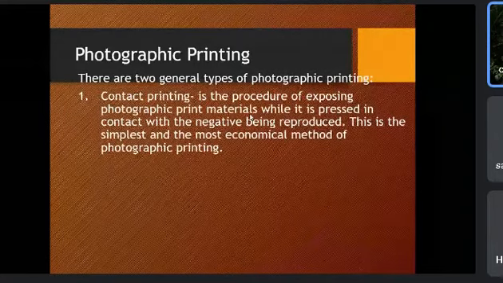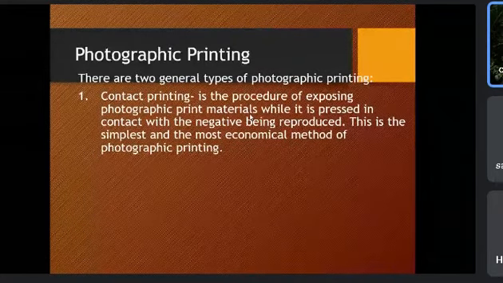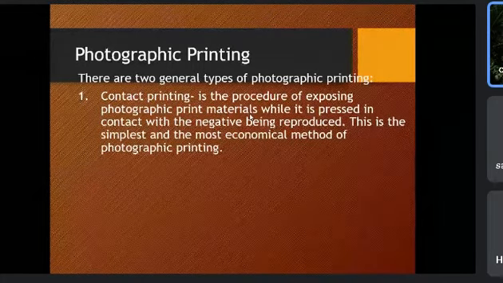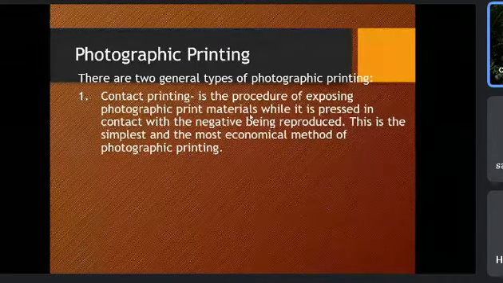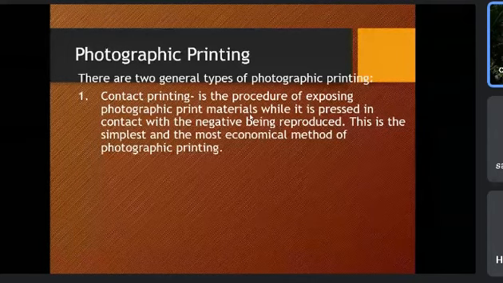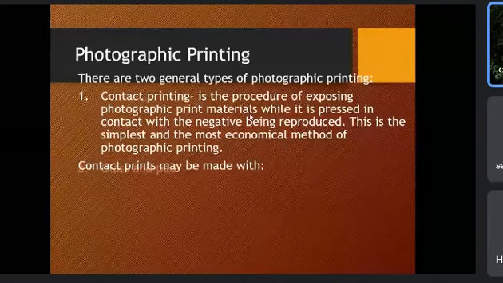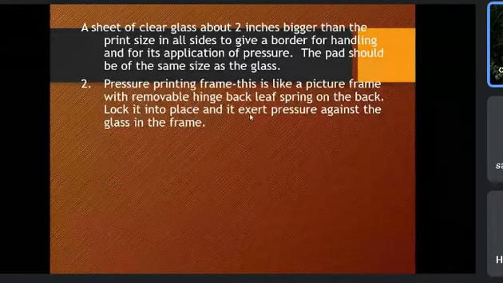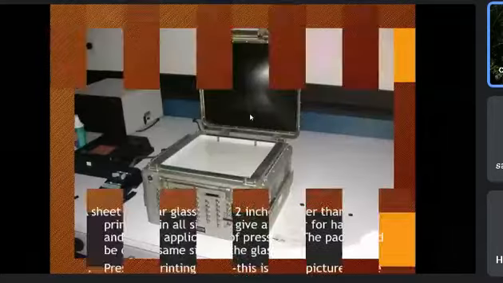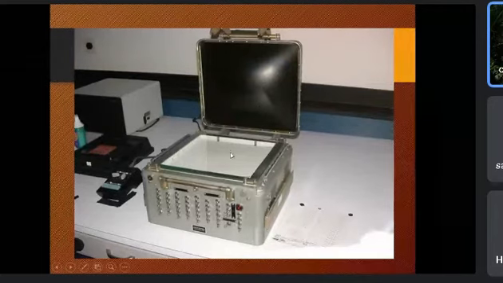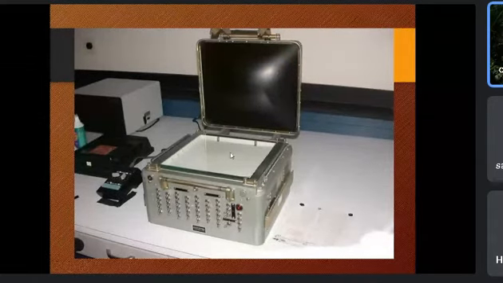The method, contact printing, the procedure of exposing the photographic print materials directly, like a photocopier. You put the negative directly onto the printer. We call it contact printing, in contact with the negative and photographic paper. It is made of glass and pad and pressure printing frame and contact printer. With the contact printer, you just put the film or photographic paper there and it is printed right away, like a photocopy of the result. That is what we call a contact printer. Then